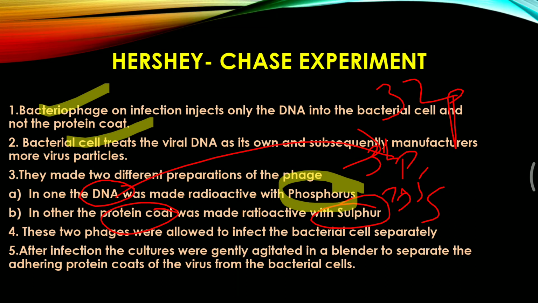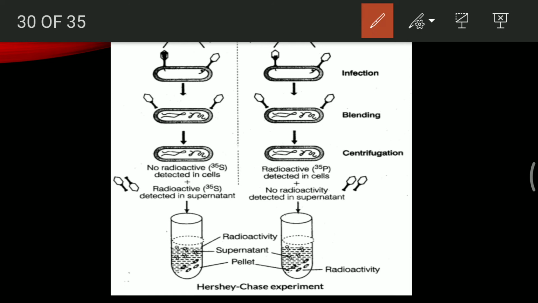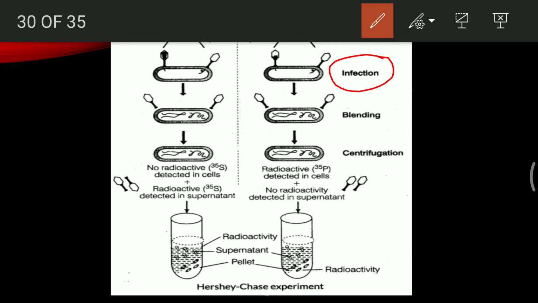And as the bacteriophage forwarded the genetic material to the bacterium, two things took place. First thing which took place was the infection occurred. You can see that, children, first of all, you should remember that two experiments are taking place simultaneously. First one is for the sulfur. This is the sulfur one, and this one is the phosphorus one. So we'll just write it over here. Two test tubes will be there, or the entire experimental setup will be there.